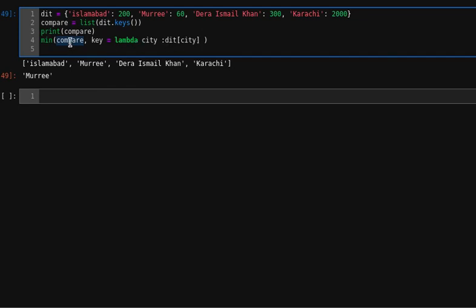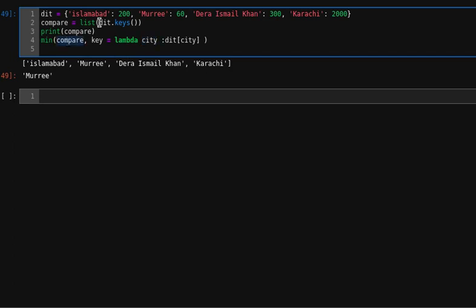It means that in compare, first of all Islamabad will be extracted, and this key will be stored in this city, and this will map to the value of this. First it will map 100, and then it will automatically use a for loop inside this minimum function, and it will automatically give us the minimum value.